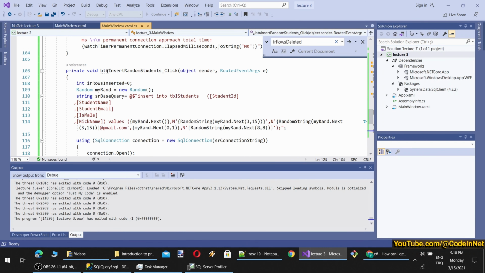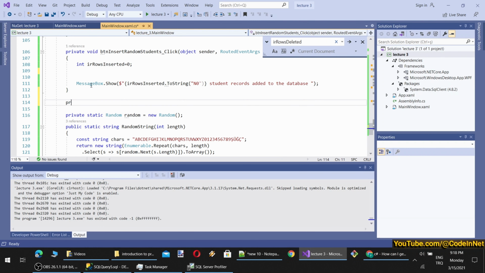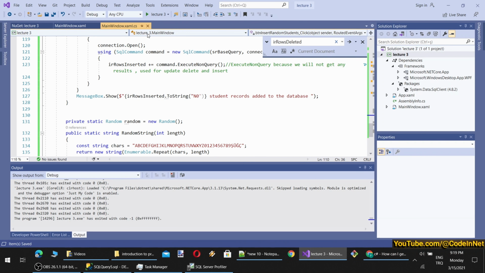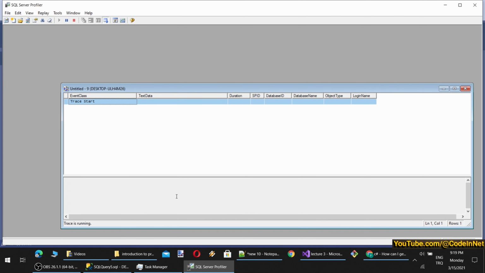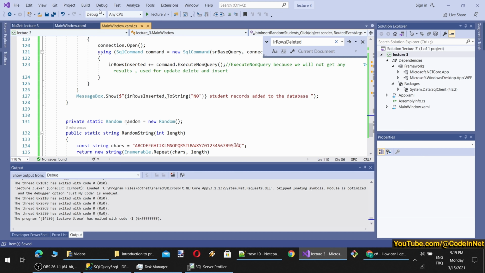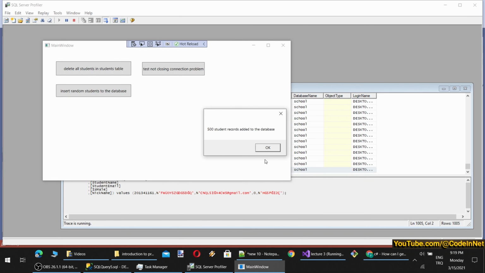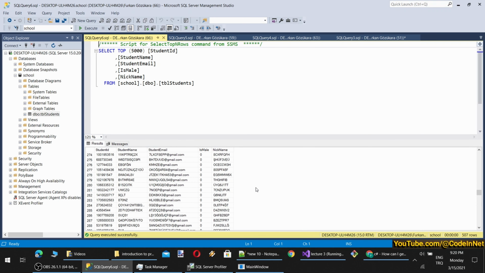And now we can put this inside a record, such as this, inside a method actually. Let's just edit. Let's run. It's like 500 times, so this will generate 500 random records, and let's click here tuning. When we do tuning, it will automatically filter more of the system queries. I think when we run the application, now we can see our insert queries. It's already done. 500 student records added to the database. When we select, we can see them. You see random IDs, student name, student email.